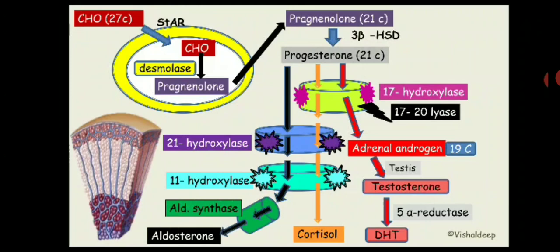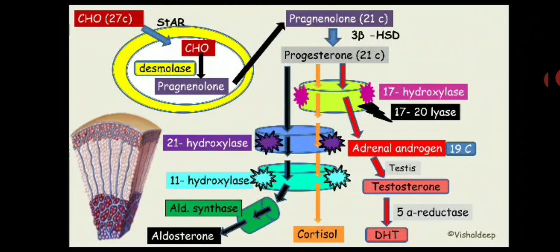So let's revise a bit. Let's first follow the black arrow. Progesterone goes through first hydroxylation at the 21 carbon, then it will hydroxylate at the 11th carbon, then it will hydroxylate at the 18th carbon, and then dehydrogenate at the 18th carbon. If you do not want to remember that, just remember that after 11 hydroxylation there is an enzyme known as aldosterone synthase, and we eventually make aldosterone.